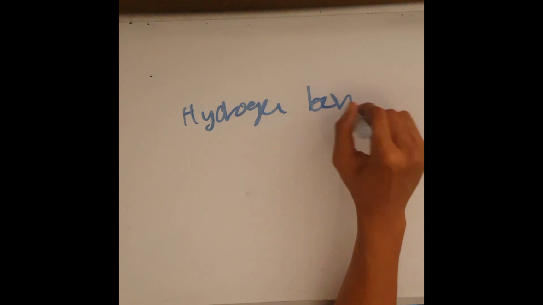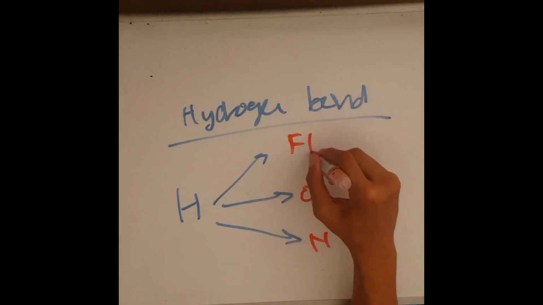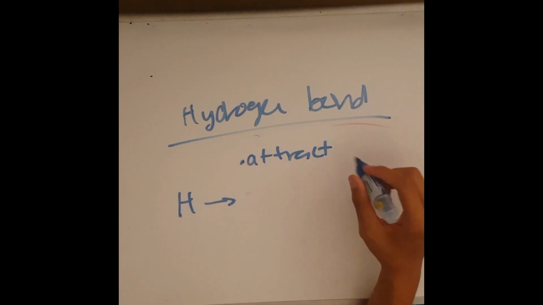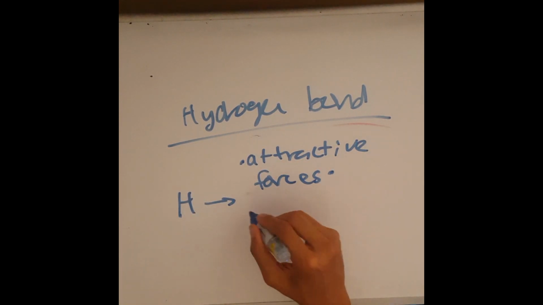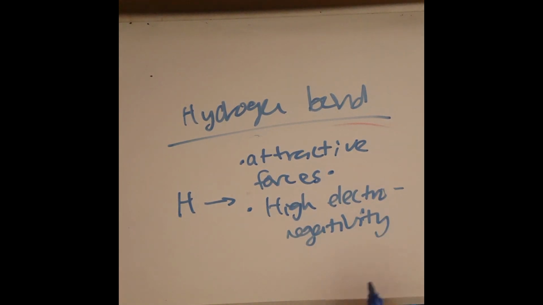Moving on to hydrogen bonds. For hydrogen bonds, you have three elements that will induce the hydrogen bond, which are fluorine, oxygen and nitrogen. I memorized this with the FON principle. A hydrogen bond is just an attractive force between hydrogen and high electronegativity atoms, which are FON, as I mentioned